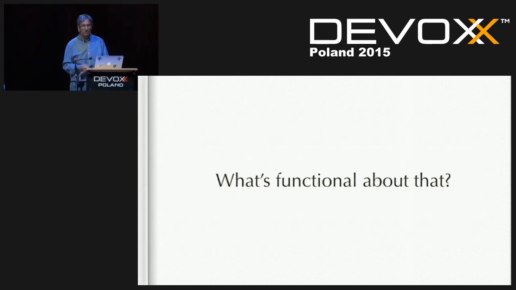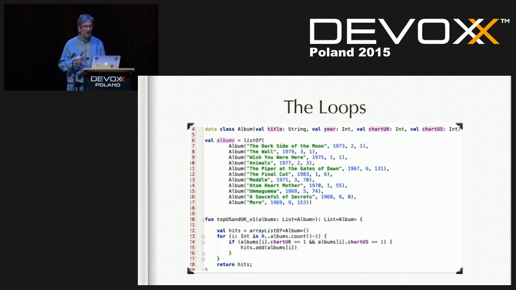So you say, what's functional about that? Well, let's decompose that and figure out what exactly is functional about it and how we're refactoring to functional. Here's some loops and a list of albums, which is probably my favorite artist, Pink Floyd. And you have a list of albums, and you have the year and the position in which they hit the chart UK and the chart US. Now look at the code at the bottom, and what that is basically doing is getting the albums that were #1 hits in the US and the UK.